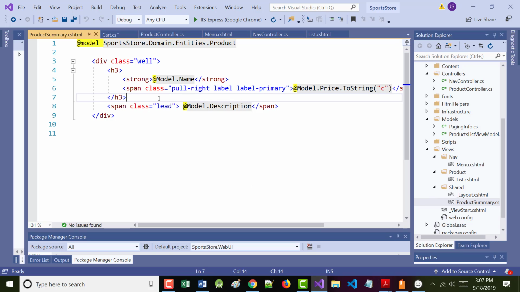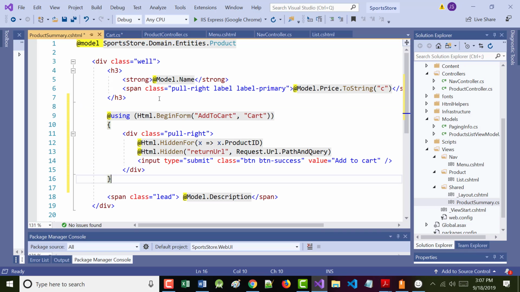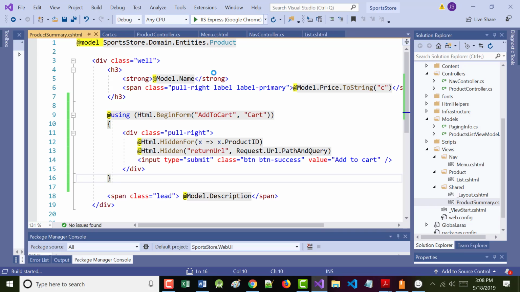And right after the H3, but before the span, we want to add that. What that is going to do is right now it's showing the product name, a description, and then the price. Now we're adding the add to cart button. Now, I don't think it's probably ready yet, but let's just look just in case. So I'm going to run this and then pick it up again on page 220 in just a second.